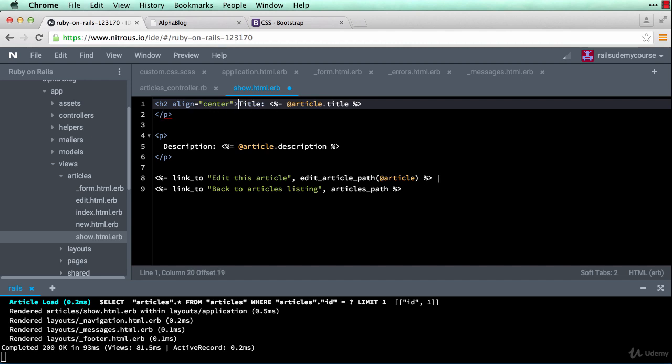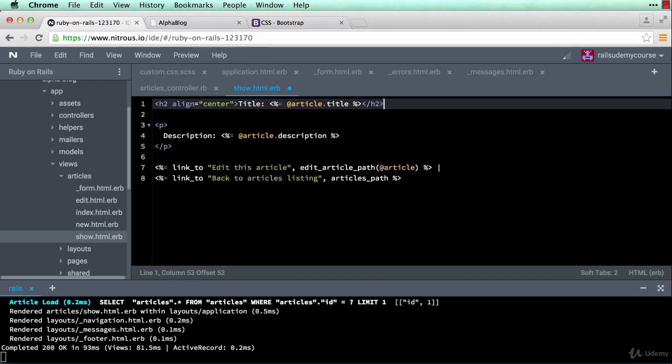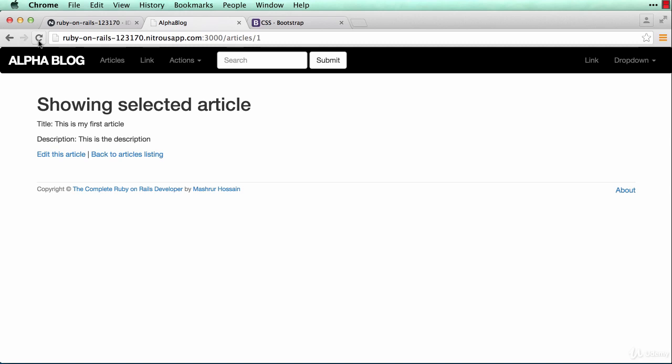Then title, article title, close the embedded Ruby tag, close the h2 tag. Save that. That should be my title. And then get rid of this extra p tag. Now if I reload the page,